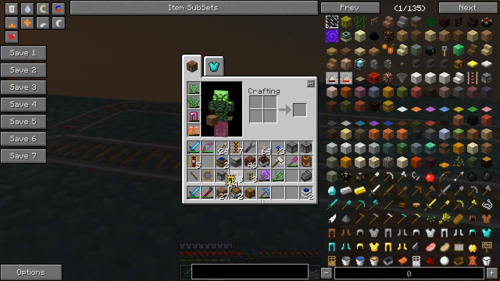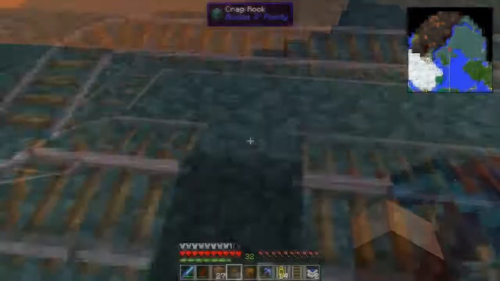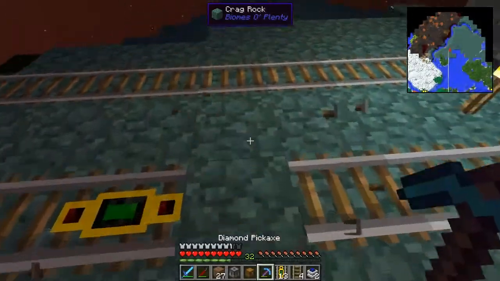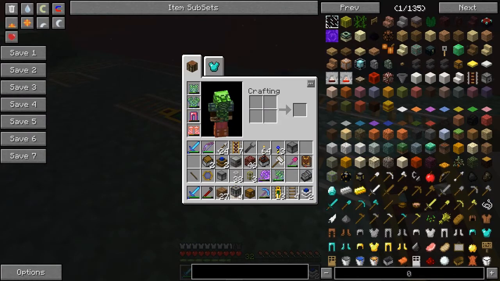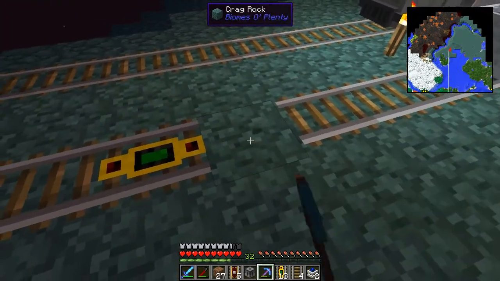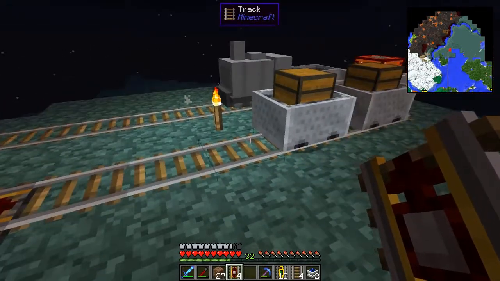So first of all, we're going to put the shutdown track here. Put this here. And we need a lever for that. And this will be a holding track. And oh wait, I need the liquid unloader here. And the holding track on top. And when that's done,